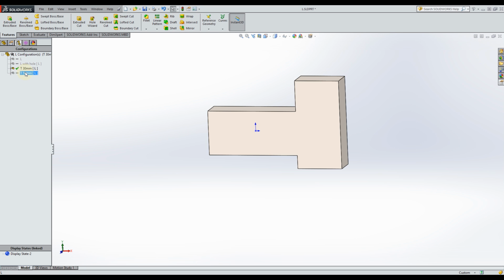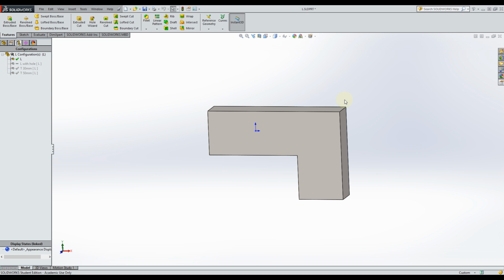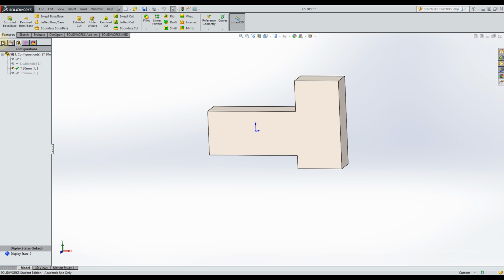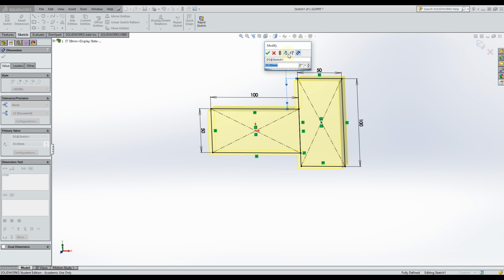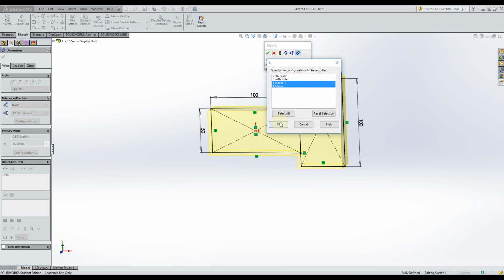Now, if we switch configuration to T50, this will also have changed the dimension to 35. And my L configuration is still the same. Now let's change it back, go back to the sketch again, change this dimension back to 25, specify which configuration, so select these two, click on OK,